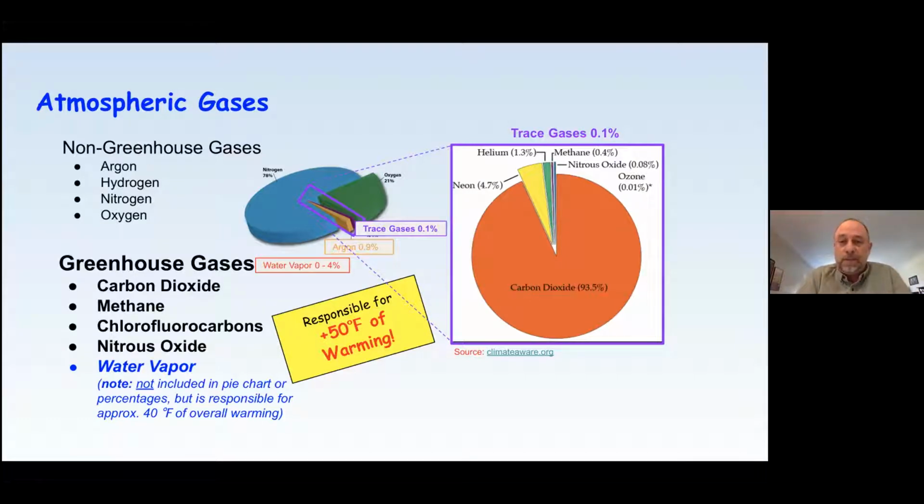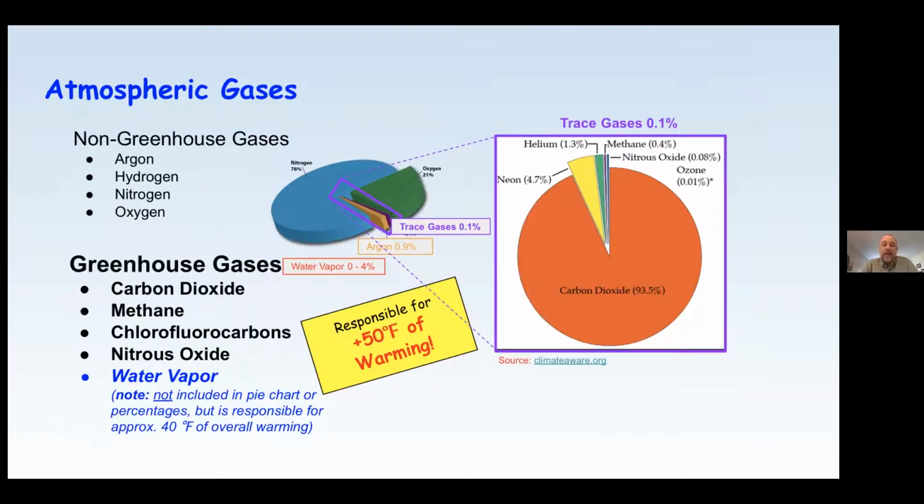But there's a small subset of gases, which is that other pie chart with the big orange chunk representing carbon dioxide. That's the part of our atmosphere that are greenhouse gases. Those are responsible for warming our planet by 50 degrees. But they represent a really, really small slice or fraction of our atmosphere. So a really, really small piece of the atmosphere responsible for 50 degrees of warming. So that sets the stage for our workshop today,